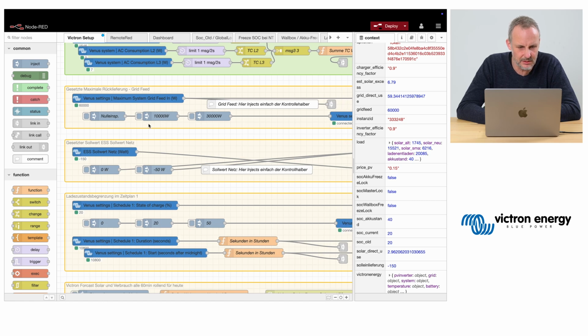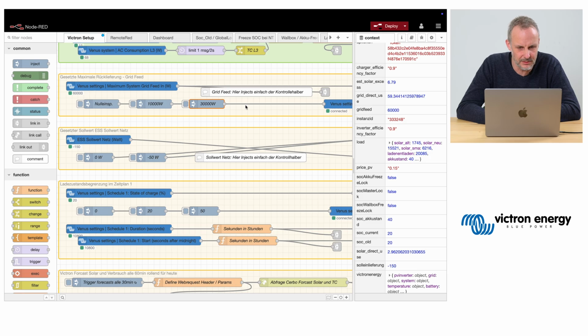What else do we have here? Some inject nodes are used. They are linked together. So this one goes into this one, and that goes into that one, or at least it looks like it, but it's not. It's just one on top of the other, making it a bit more compact to use.